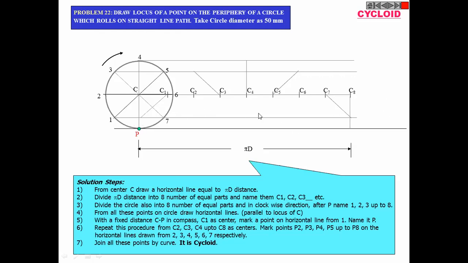Okay, so we got the collection of points. First it was here, then it will move here. Then this is the point C2, which was not shown because it is on the horizontal line only. And C3, 4, 5, again C6 because it is on this line only, and then the last point is C8. Then name them P1, P2, P3, P4, P5, P6, P7, and P8. Fine. We'll draw them and join them freehand. That's it. This is the curve, or the locus of the point, which we were looking for.